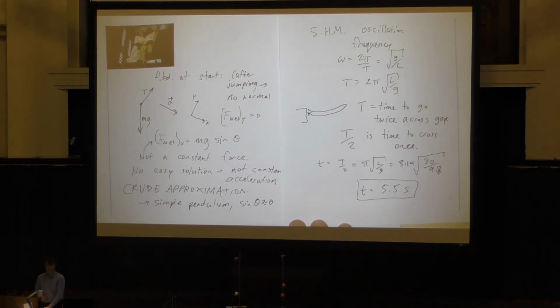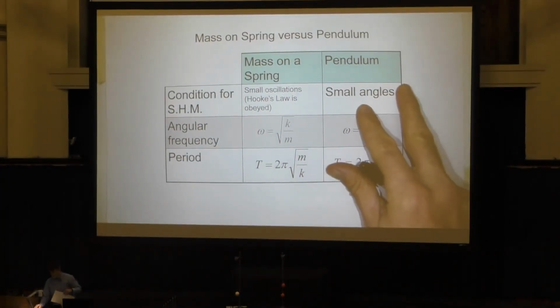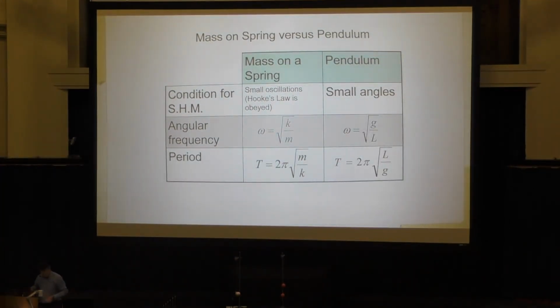How's that? Okay. So what we did here is we used the crude approximation that sine theta approximately equals theta, so maybe they're roughly a simple harmonic oscillator. I'm going to put on what our conditions are for simple harmonic motion on this single table. Say we started here on the left with a mass on a spring. We said that if the spring obeys Hooke's law, F equals negative kx, then you've got an angular frequency of